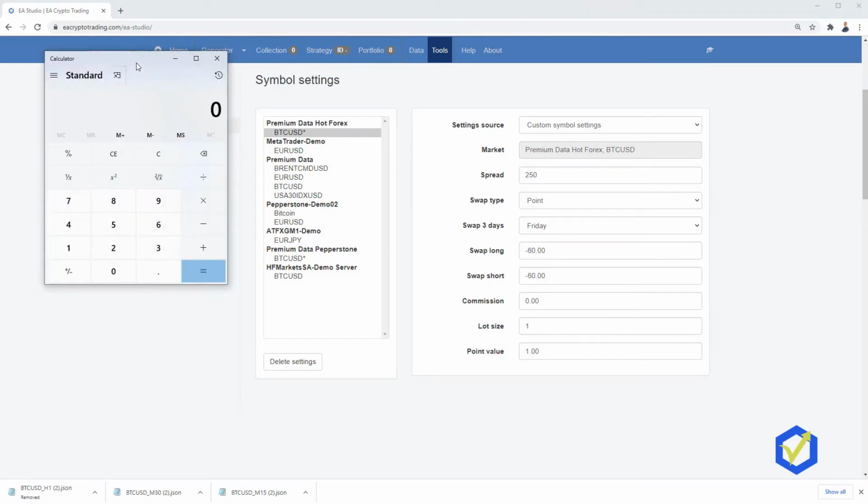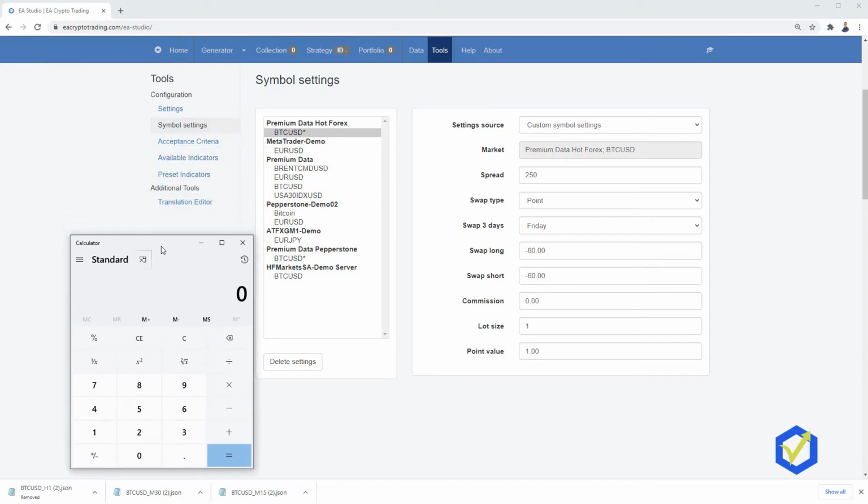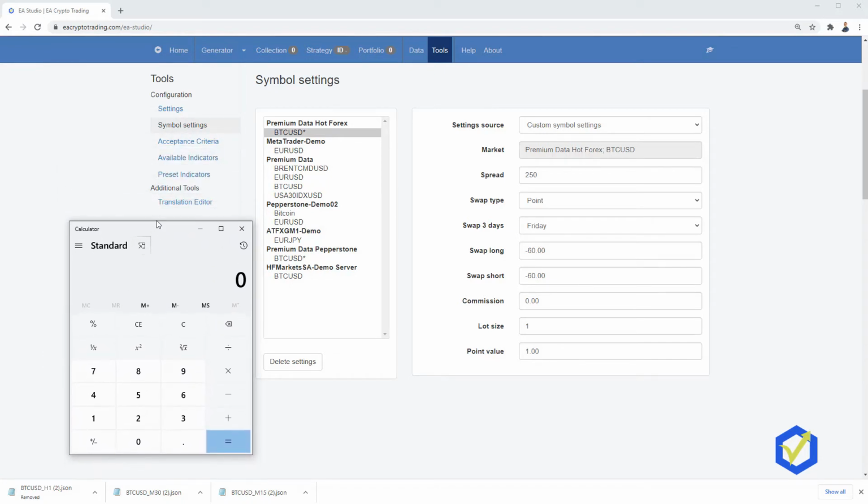This is just a little bit more of trading basics, how we calculate digits and points and pips. And with the Bitcoin it is a little bit harder because we have bigger numbers compared to Forex trading, for example. But one more time, the spread on Hot Forex is displayed as 25,000 because they have 3 digits after the decimal comma, but it is $25.